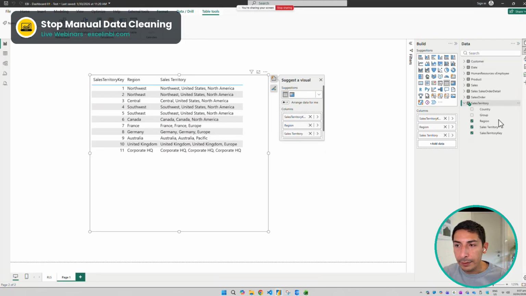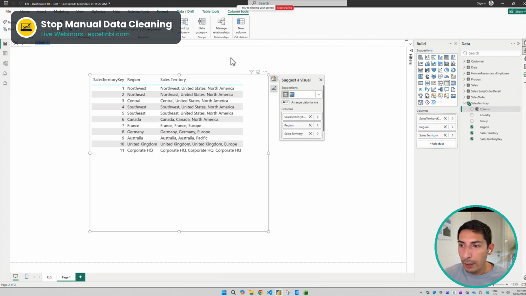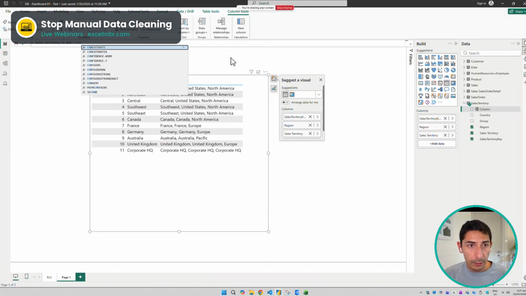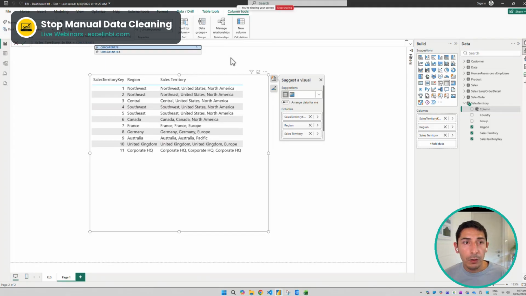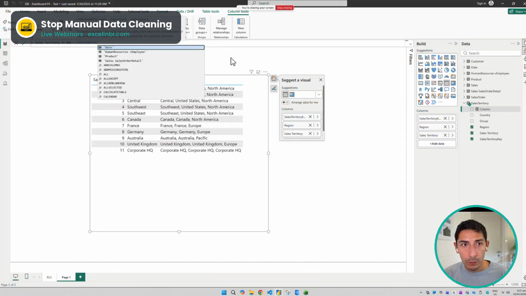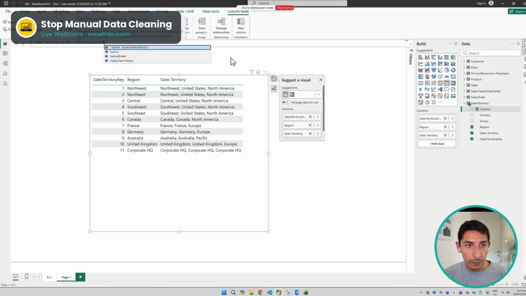This is something else. This is called DAX. I just go here next, and I will call it sales territory in DAX equal CONCATENATEX, because CONCATENATE only allows me to put one text at a time, but here you can put more than one with CONCATENATEX. I will do the table is sales territory, and the expression is, you see that here it is asking me all the items I need to put. The expression is